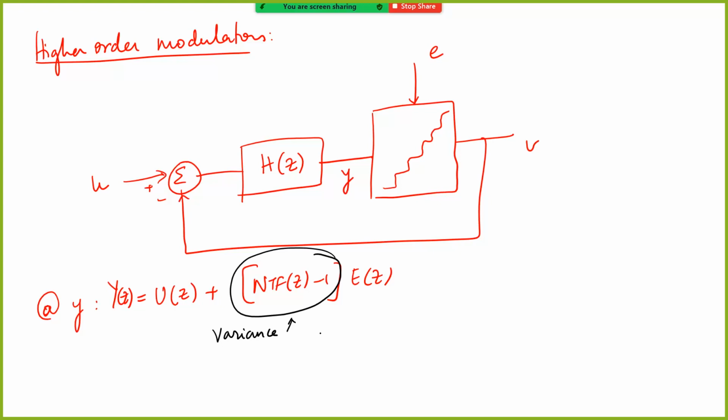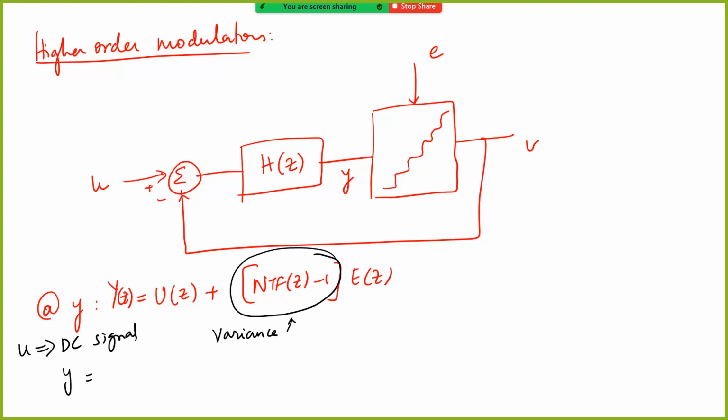Let's say it is a zero mean sequence, like that's what we thought at the beginning of the discussion of delta sigma modulators, we said that it is a zero mean white sequence. So basically what happens is the amplitude is quite large here, right? The amplitude of the signal, the signal plus the noise here is quite large, okay? Now we can decompose this signal into two parts, right? Let's say u is a DC signal, all right? U is a DC signal.